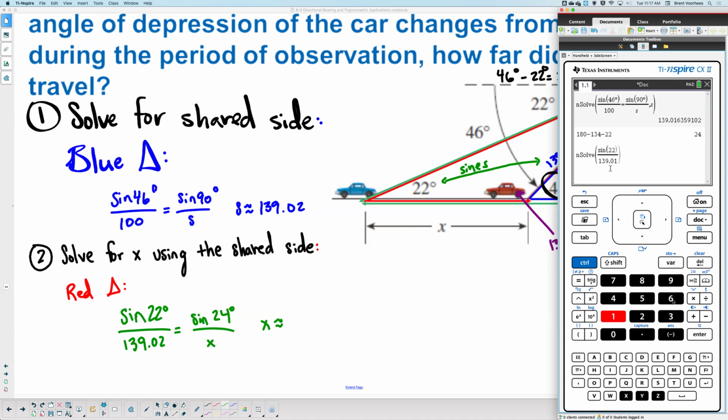139.01. I don't want a rounding error, so I'm gonna type in as many decimals as I see. For you, it'll be less decimals. Mine shows more. I'm just gonna type them in. You can just press control answer if you don't have the previous value. Equals